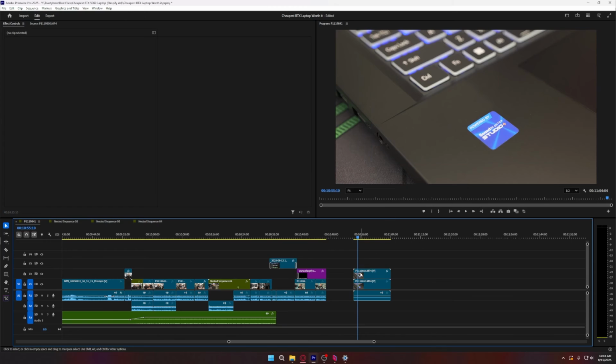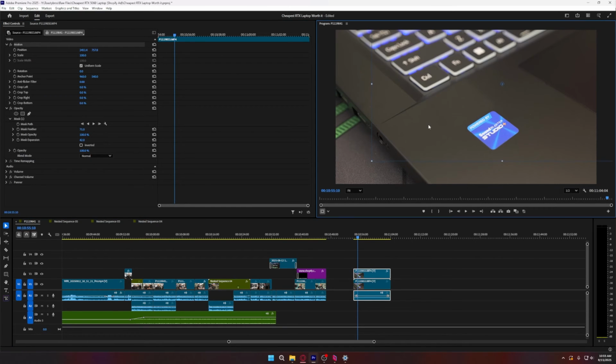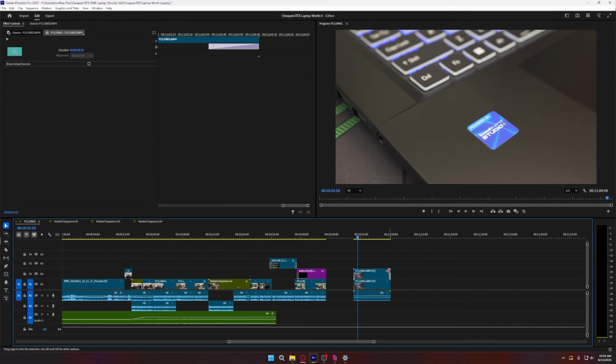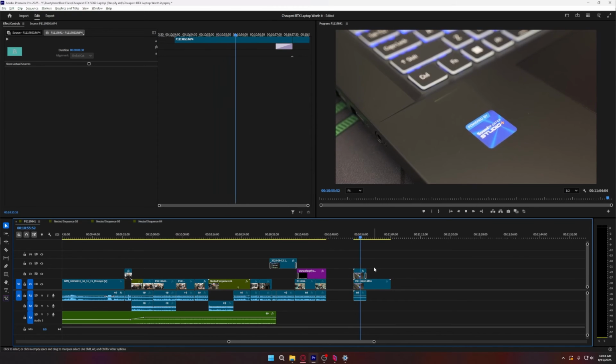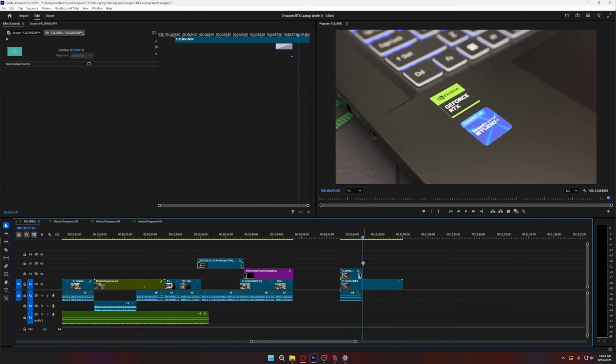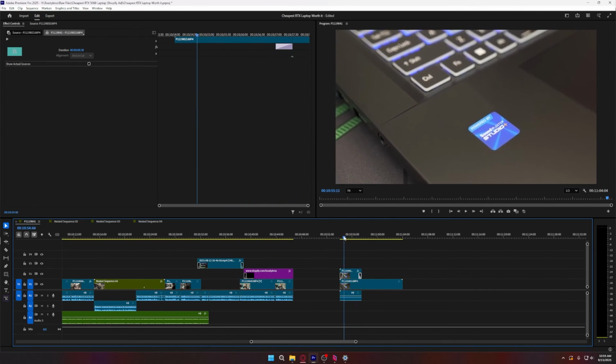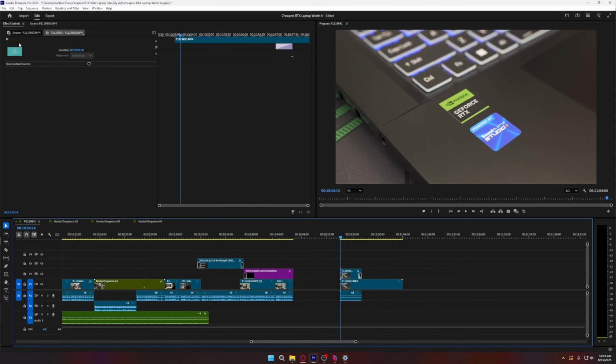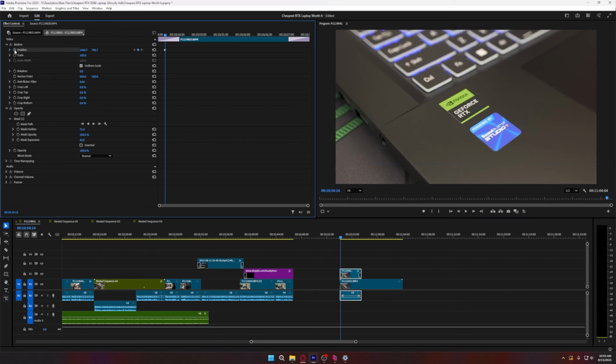And look at that. For the sake of doing this little reveal, we could color correct it a little bit if we wanted to. But for the sake of this reveal, I think it's pretty good. You'd be able to take this and add a crossfade to it. Shorten it out. This thing also has GTX or whatever on there. But you'd want to track this to match. Obviously, you need it to move up with it, which is not hard to do. You would just make a position keyframe, super simple position,